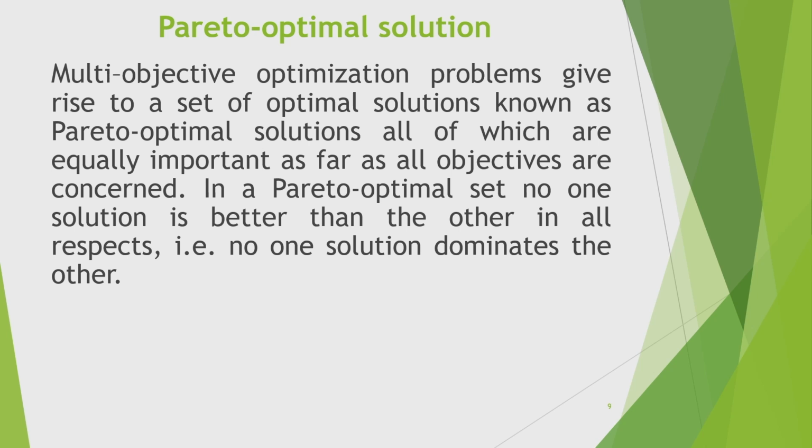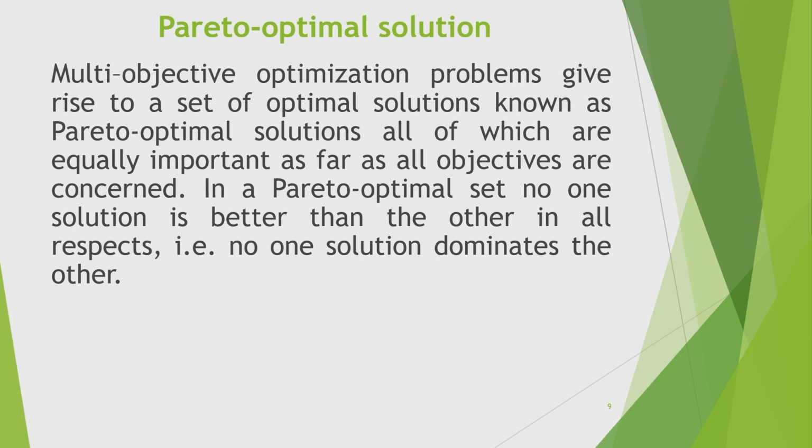Okay, by both means I mean there may be 10 such solutions, there may be 100 such solutions, but that group is called Pareto optimal solution. So multi-objective optimization problems give rise to a set of optimal solutions known as Pareto optimal solutions, all of which are equally important as far as all objectives are concerned. In a Pareto optimal set, no one solution is better than the other in all respects,